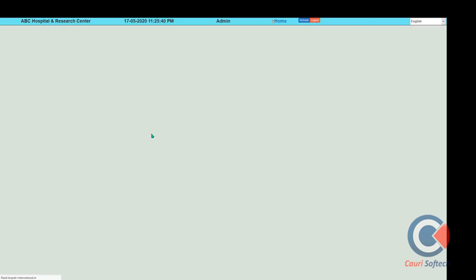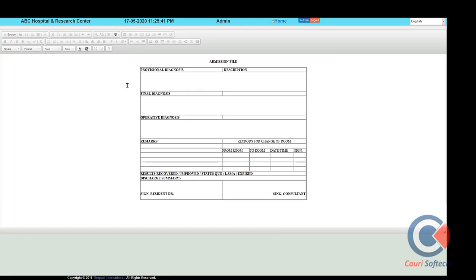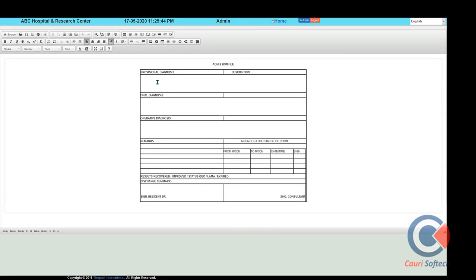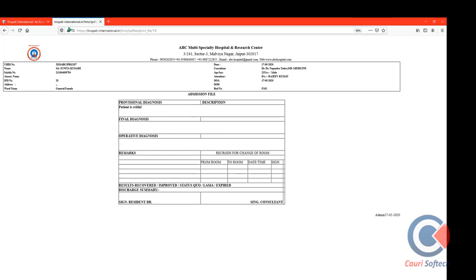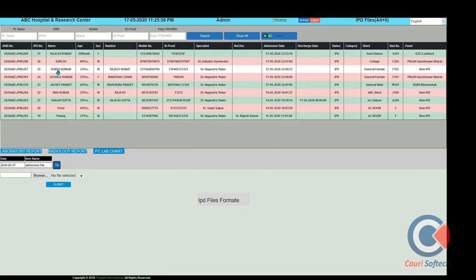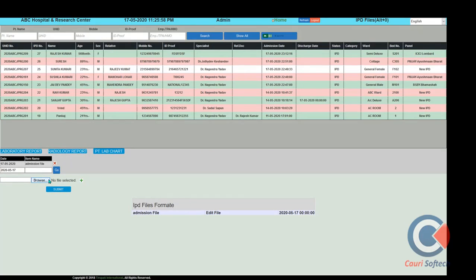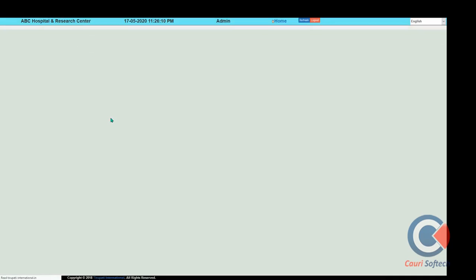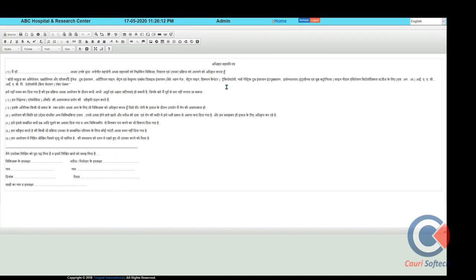Go here and put any basic information you want to put against the patient, clinical notes, and so on. In this way, fill in the values of the whole template and save this form, and this form can be printed. The scan copy of this form can also be uploaded to the same patient ID after browsing it from the system. As well as that, there is a consent form; you can also print it out in a regional language or an international language. Various kinds of template formats can be defined in the master.